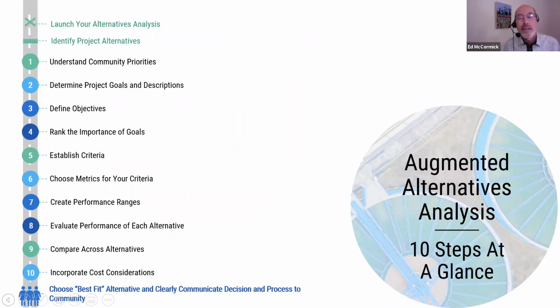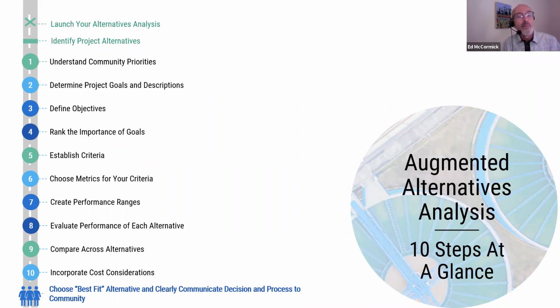So here's a glance at the 10 steps of an augmented alternatives analysis. Initially, at the very top, launching your alternatives analysis would typically start as a traditional one would, with identifying your capital project alternatives. Where it departs next is understanding community priorities before establishing very broad project goals, and then drilling down to objectives